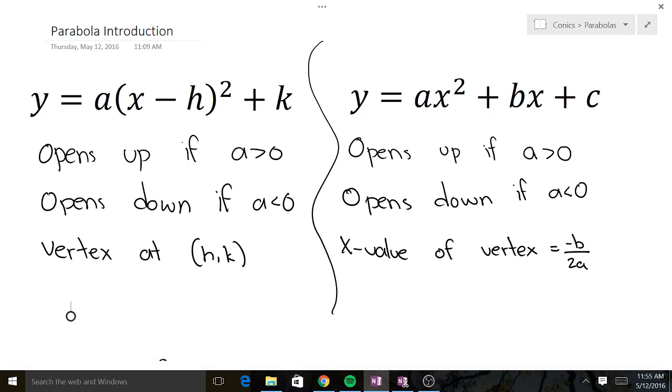Alright, so today we're going to do our first video on conics. It's going to start with the parabola introduction. So these forms that you see on the left and right side in bold, those are the two common formulas